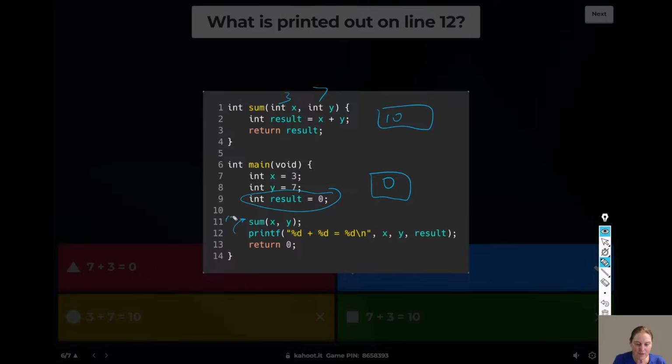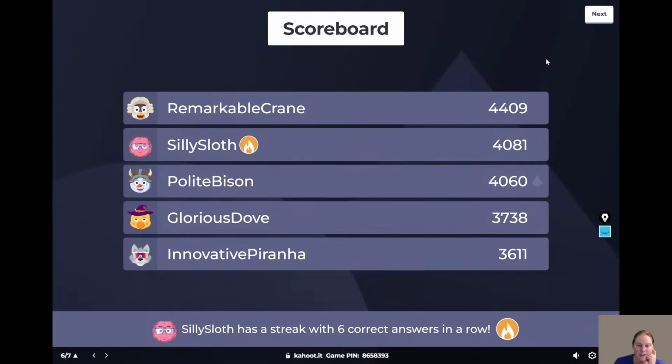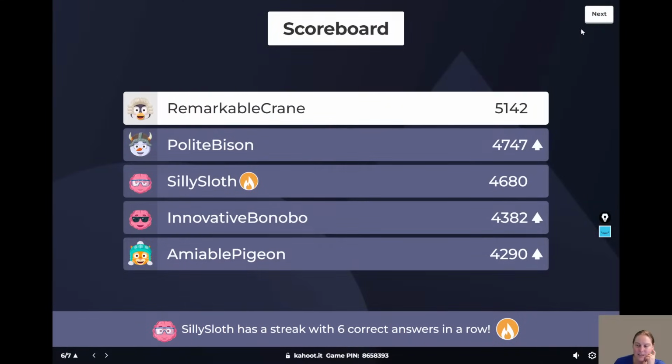So we would have to say result equals sum for the sum in the main to change. Yes, so this was tricky with a ticking clock. It's updated the result variable in the sum function, but not down here. And it returned the value, but we forgot to assign it to our variable. These are all common mistakes, actually. But if you made that mistake, you'd be more aware because you'd see the printout and you'd at least know that there was a problem. So well done if you worked that one out within 30 seconds or whatever it is.